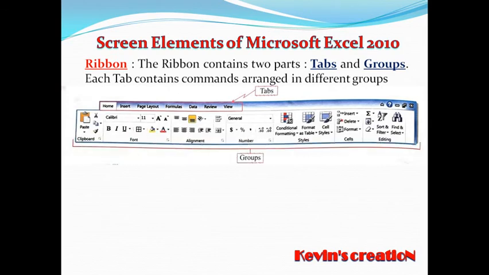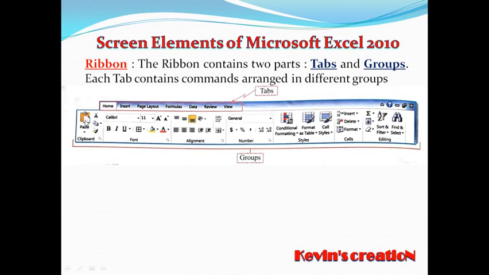So look at this diagram. These are the various tabs: home tab, insert tab, page layout, formulas, data, review and view. Now here home tab is highlighted. When you click home, you will find this group.